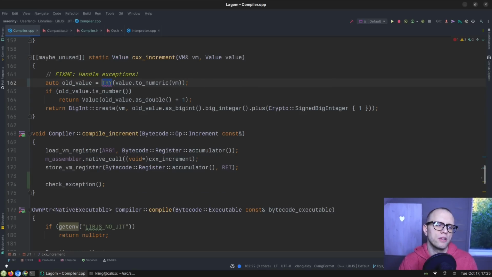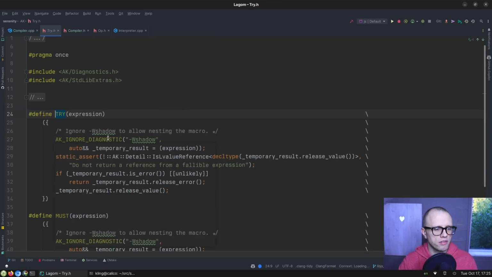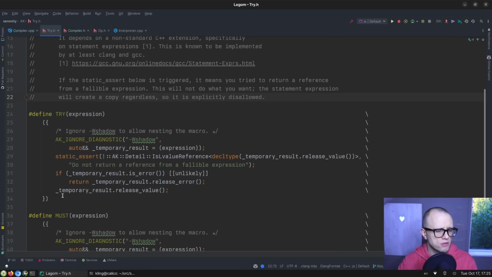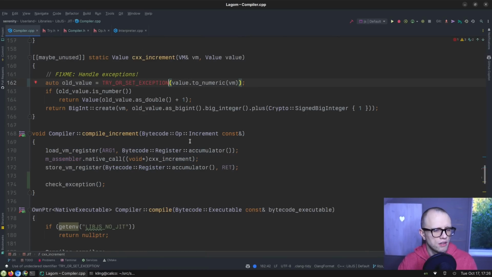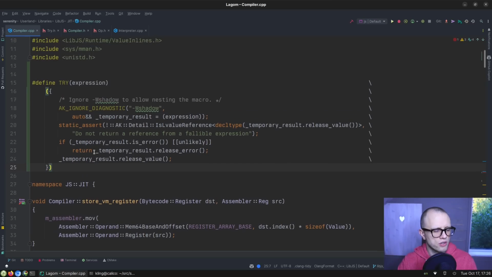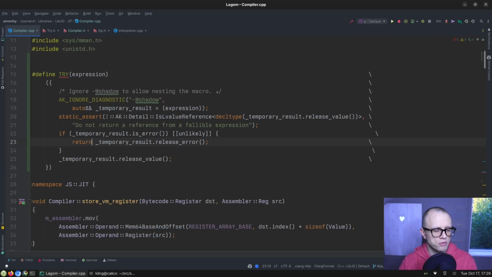essentially what I want to do is I want to try, but try works with something like throw completion or. So if you have an error, it will return the error. In our case, let's make a new thing, like try or set exception. And then we just have to invent our own try for this, but I think that'll be okay. So we want the try to, instead of, in the case where we'd normally return the error as the throw completion, here we're just going to say like